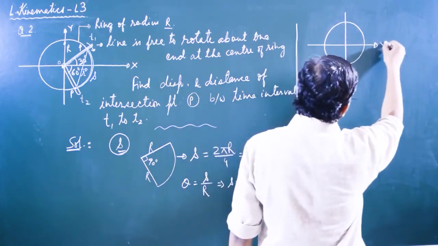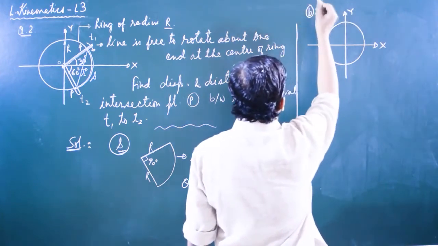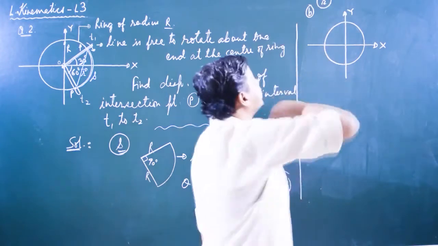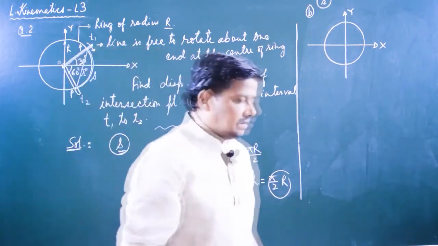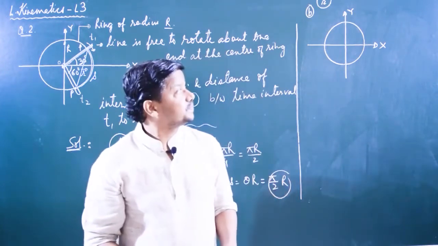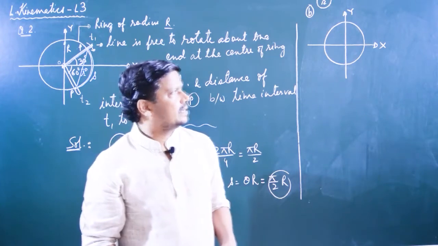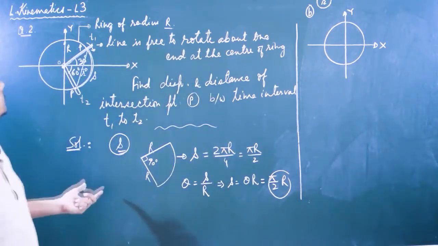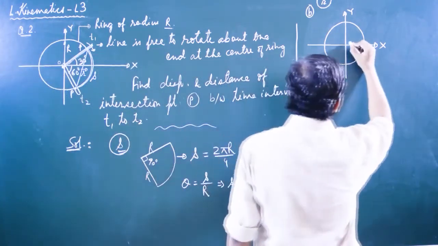This coordinate is x and this coordinate is y. We have to find here what? The displacement. So we are going to get the displacement of the intersection point P. See, what is the equation of this circle? If you get the equation of the circle, then you may also resolve the vector value. That will be simple for you.